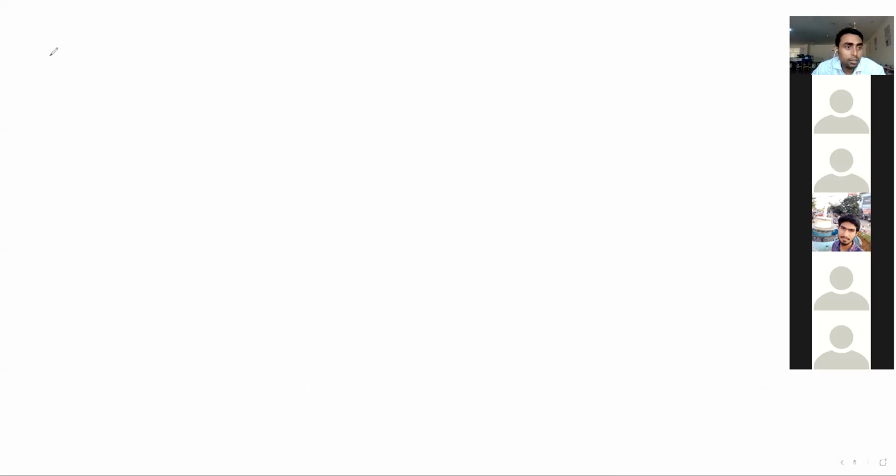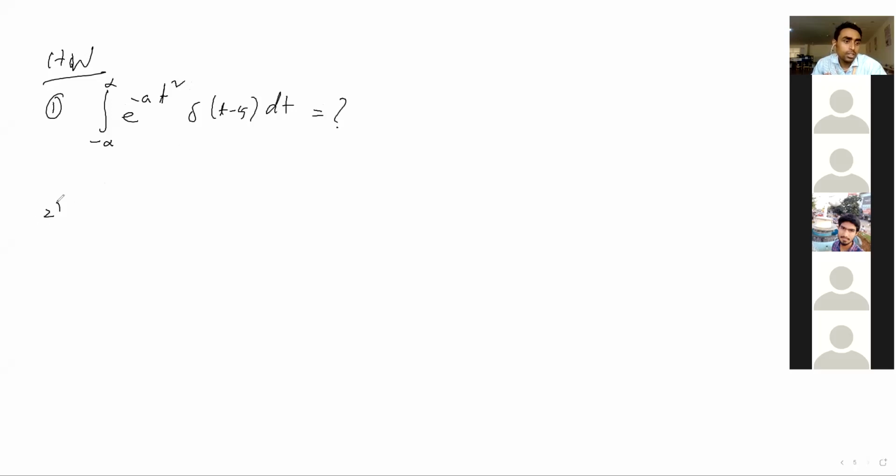Let me give two problems as homework. One is the integral from minus infinity to infinity of e to the power minus t square, delta t minus 5 dt. Find the value of this function. Or the second